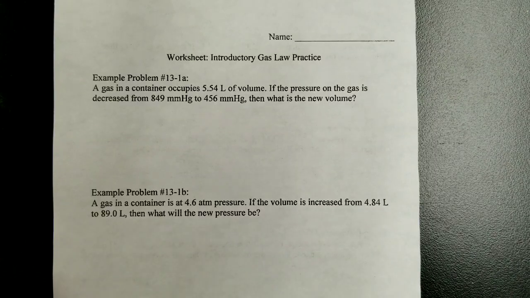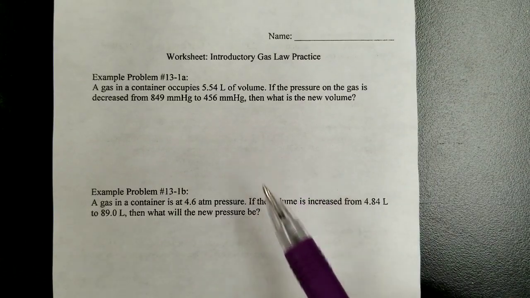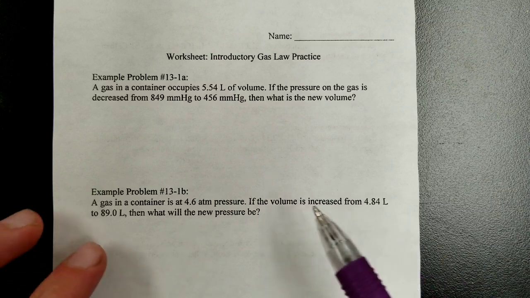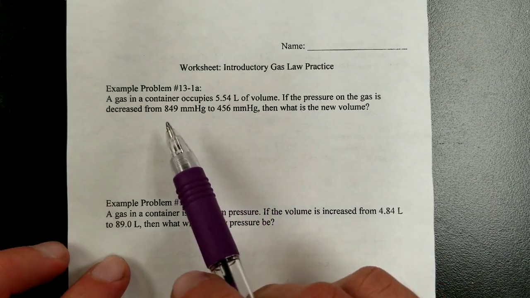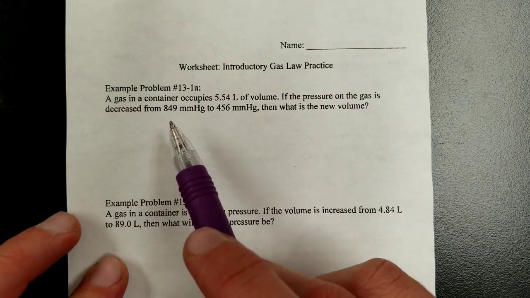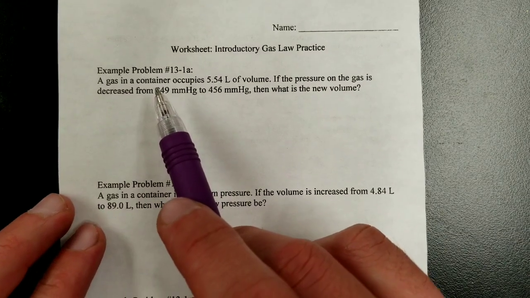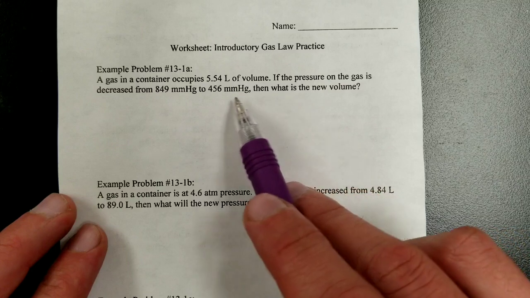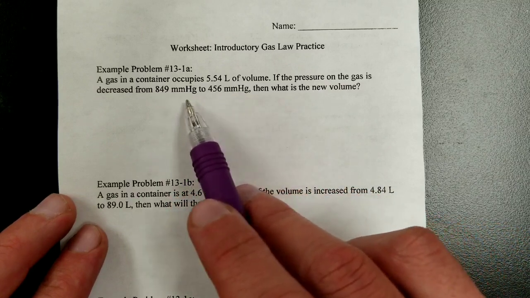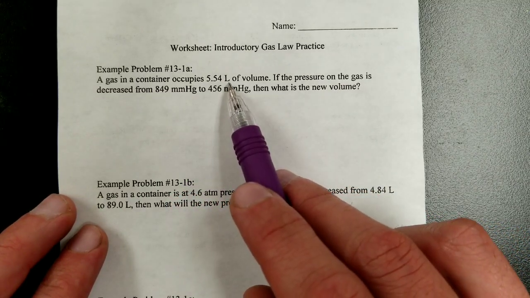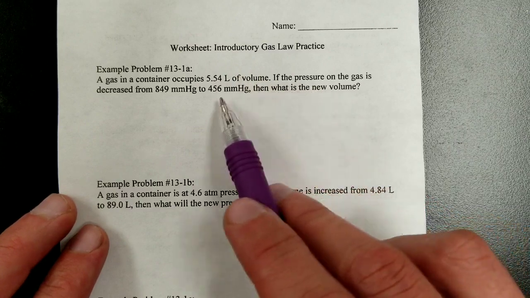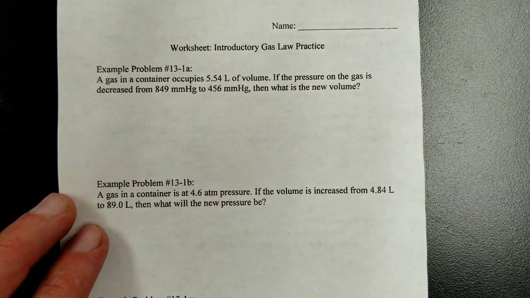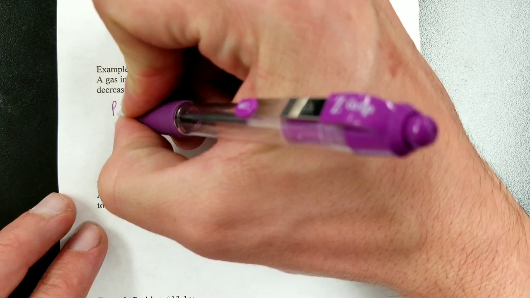All right, let's talk about how to go about dealing with the gas law problem. First of all, we have to consider what it's asking for and what we need to calculate. We look at the question and we see that we've got volume and pressure, and pressure is changing, volume is changing. So when pressure and volume are changing, we need to find something that involves pressure and volume, and this law